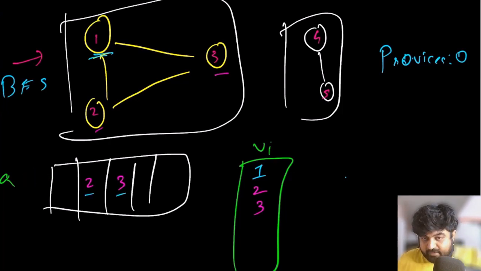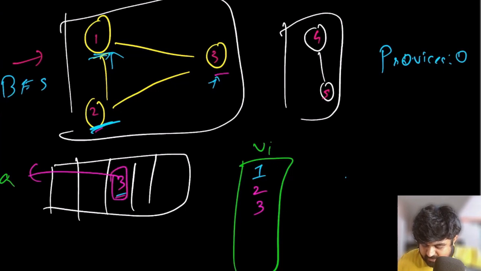Now we only have values 2 and 3. For value 2, the neighbors are 1 and 3. Both 1 and 3 have been visited, so we are not going to revisit them, and we pop 2 out as well, stating that we visited all the neighbors of 2. At the same time we pop 3 out as well, since the neighbors of 3, 1 and 2, have already been visited.